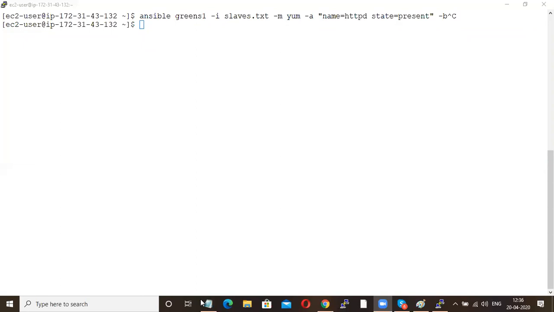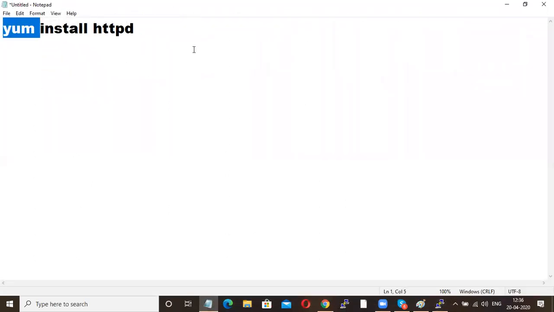See here, very simple. Ansible greens 1 -i slaves.txt -m. Here for starting you are giving yum command, but for starting how you will start? Service httpd start, correct?